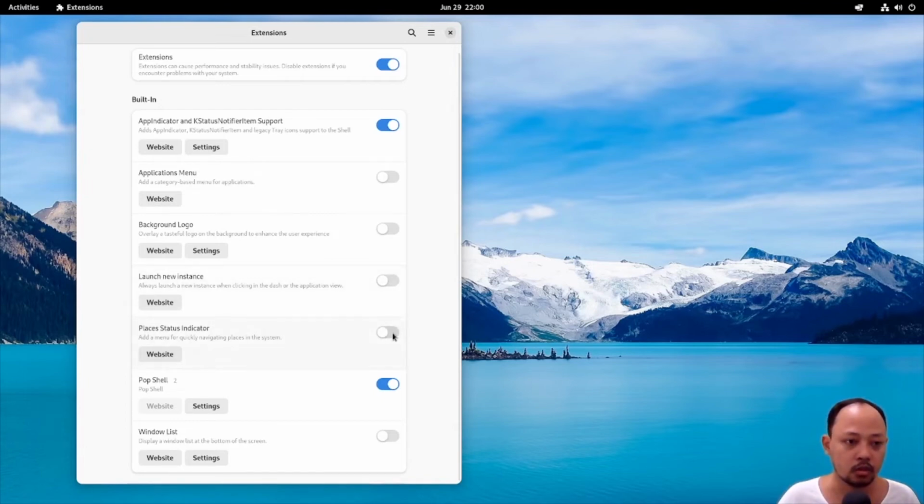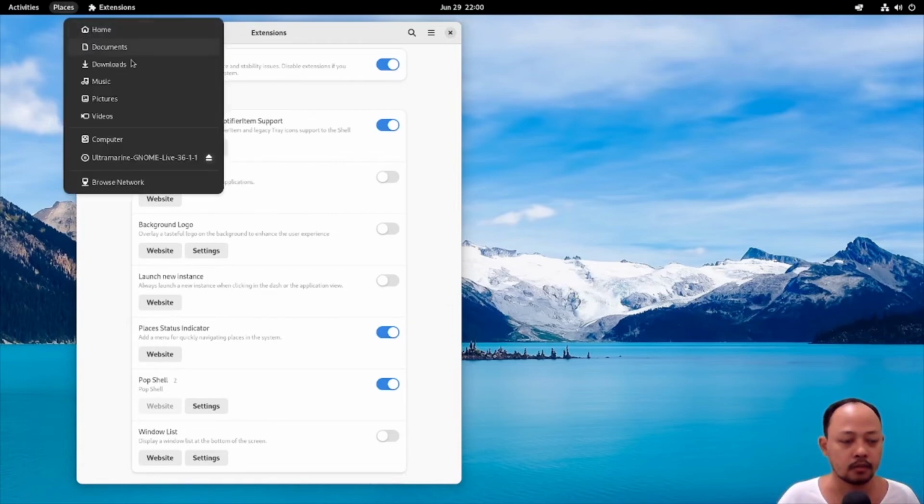Places status indicator. Okay, so at the top left of the screen, this menu will appear. It's something like a shortcut to go wherever we want to go.